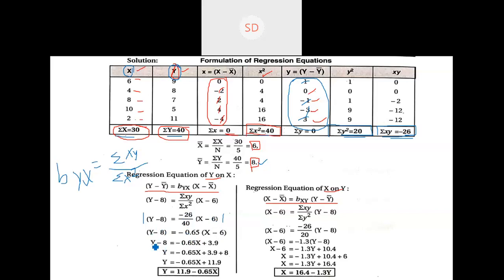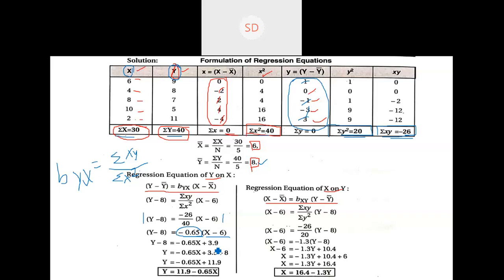Now next step, we take out the brackets in the equation. So we'll take out the brackets and write y minus 8 as it is for now. Then going on further, minus 0.65x. Now how did we get this? Multiply minus 0.65 with this expression. So minus 0.65 into x will give us minus 0.65x. Then minus into minus is plus, so plus 0.65 into 6 will give you 3.9.